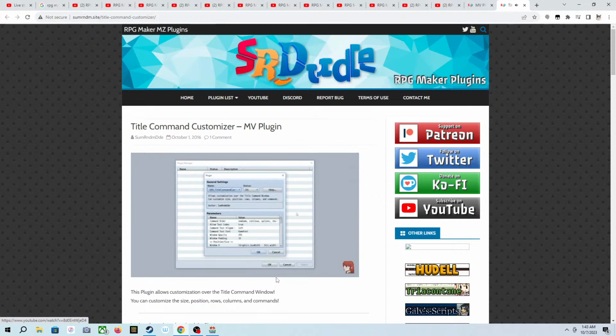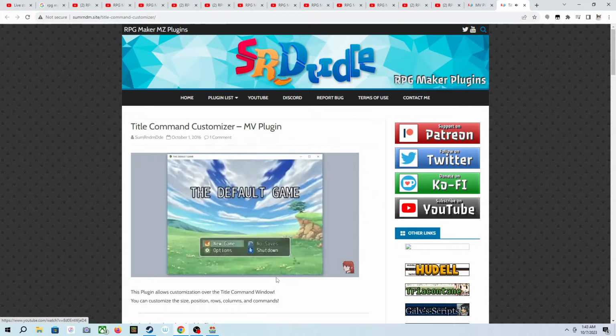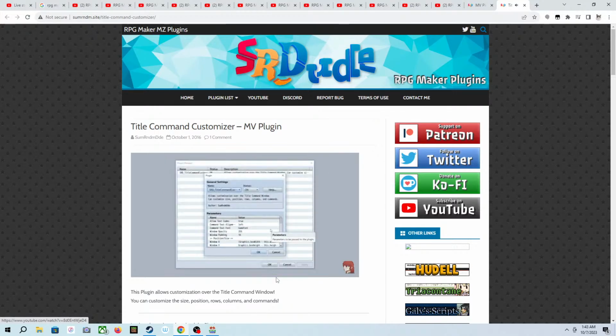Using the Title Command Customizer plugin, the plugin that allows you to customize the title command window. Immediately after installing it, you'll notice that your title command is now completely different, has a new shutdown option, and now things just have icons and look better. Yeah! This plugin allows you to manipulate the various aspects of the window, including the X, Y, width, height, rows,